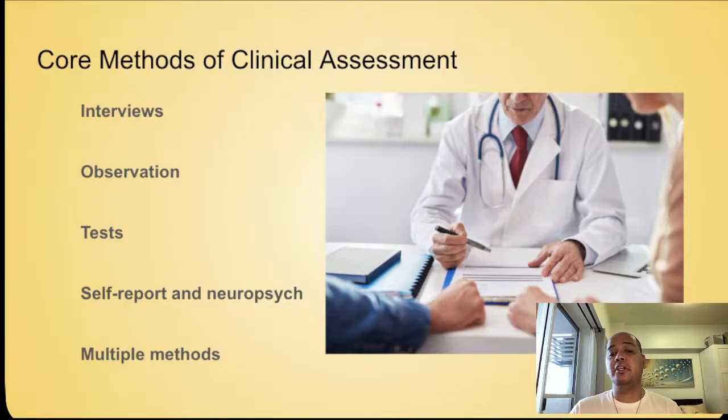This is important because people do not always present clearly. Some clients are very articulate but hide a lot. Others struggle to explain what they are feeling. Some underreport, some overreport. Some are accurate but incomplete. So the more angles we use, the better the picture becomes. In short, good assessment is not one source only. It is usually a combination. Parang hindi ka magde-decide tungkol sa buong series based on one screenshot lang. So, of course, you need a fuller picture.